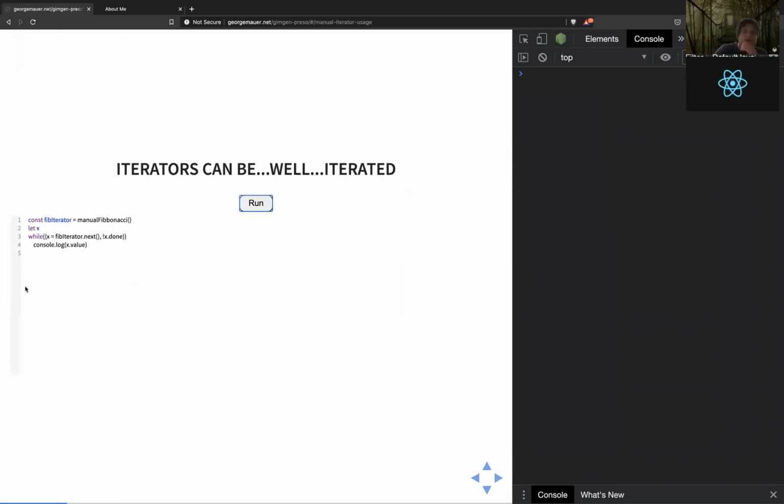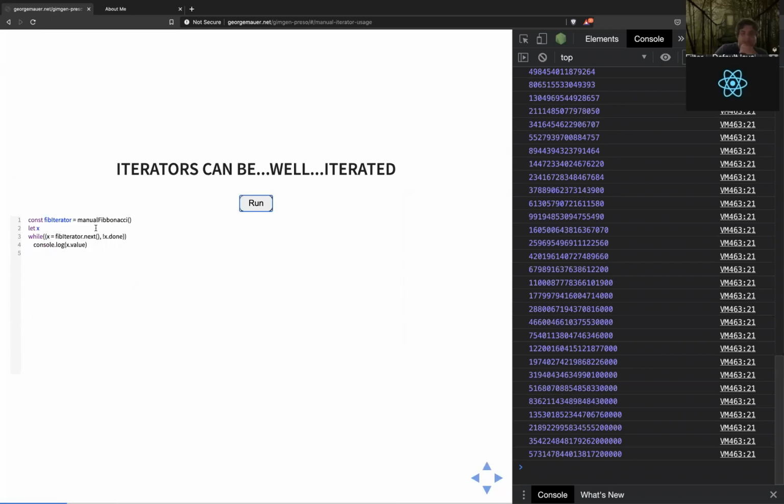Okay, so I do like to generally stop here and explain this syntax a little. I don't know if this is a little too simple for this group, but lots of people don't know about the comma operator, which is fine. It's a little confusing in JavaScript, and we probably shouldn't all be overusing it, but you should know about it. And you've probably seen it before in for loops. You just never really thought about it very much.